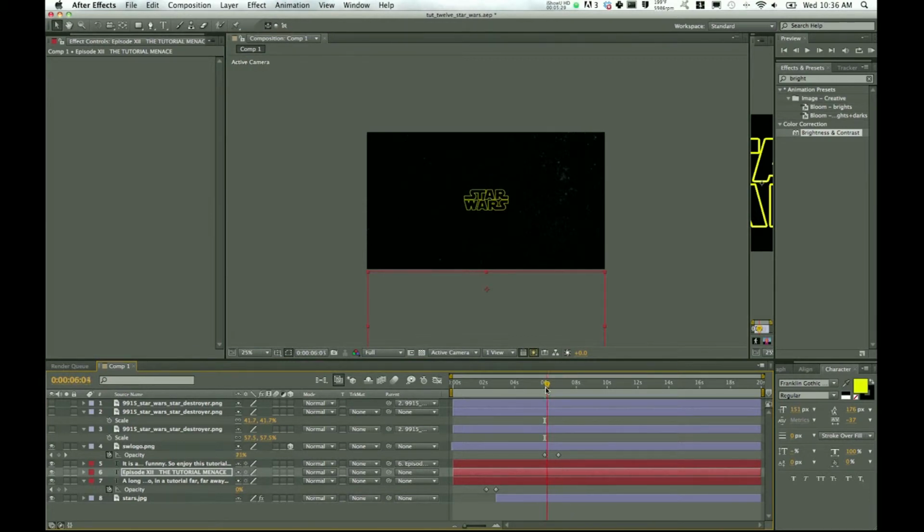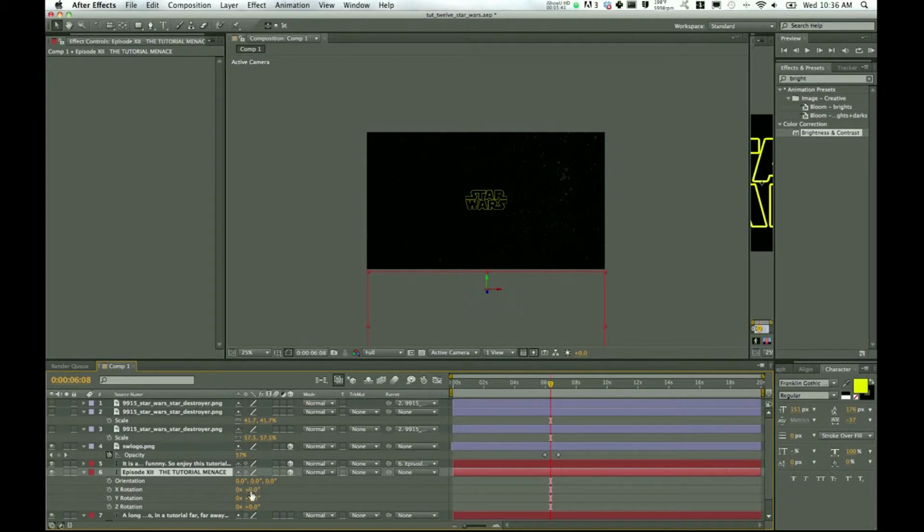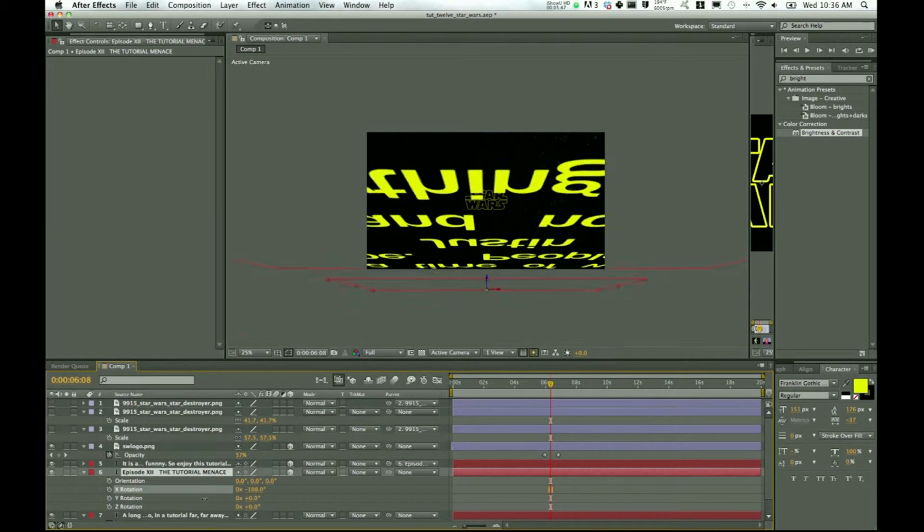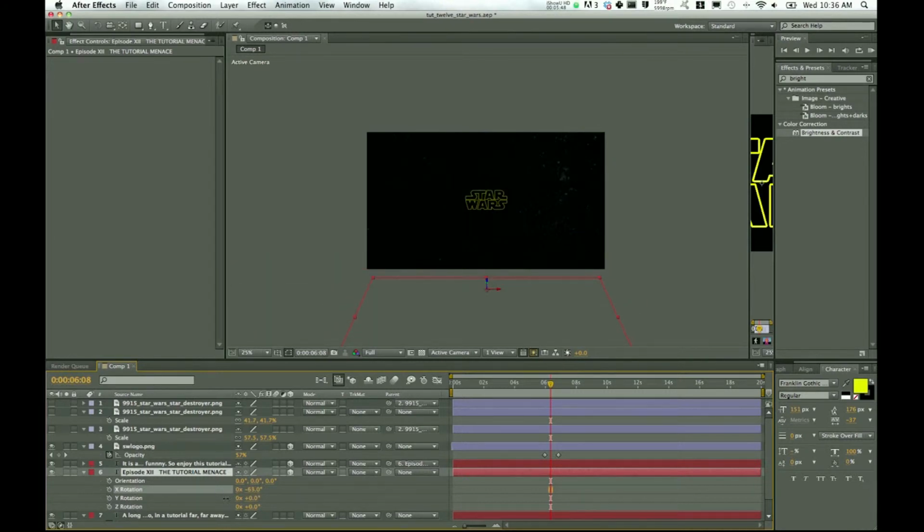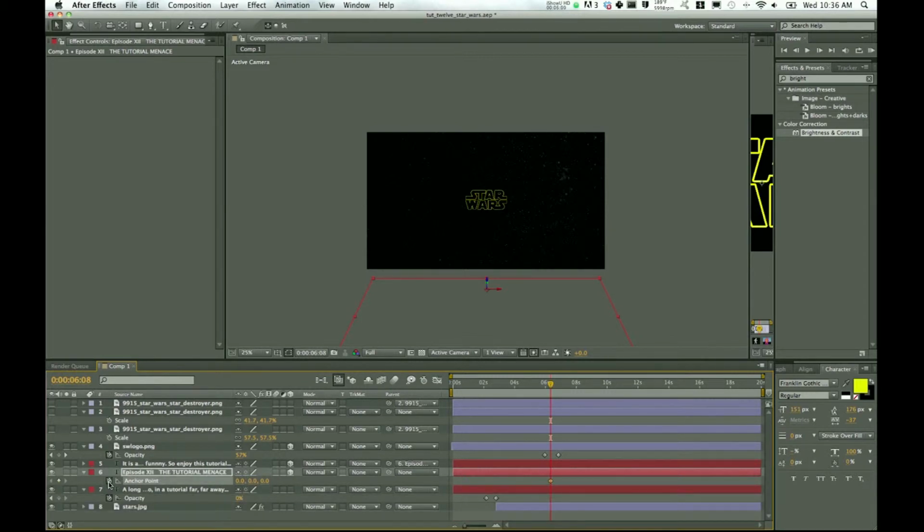So about part way through the Star Wars logo fading out, we're going to bring up, well, let's make it a 3D layer first for both of those parts, and then hit R for rotation, change the X rotation, and you can see it start to rotate down there. We'll go ahead and make it 65. Make sure that it is at the bottom of the composition, about as wide as the composition. Then go ahead and hit A, create a keyframe,